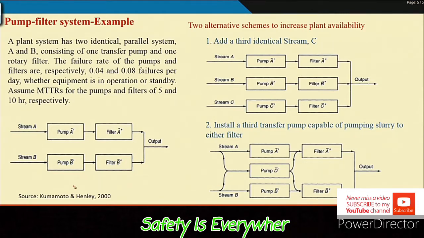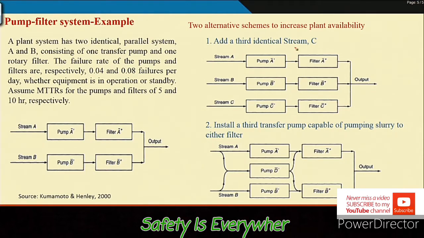Suppose you want to improve the system, because full output requires both the streams to work, and then it is quite likely that one of them may fail, and under such situations there will be huge loss. So, as a result, the management wants to improve the system, and they have three options now. One is keep the status quo, meaning the two parallel streams, and proceed, or see two alternate approaches.